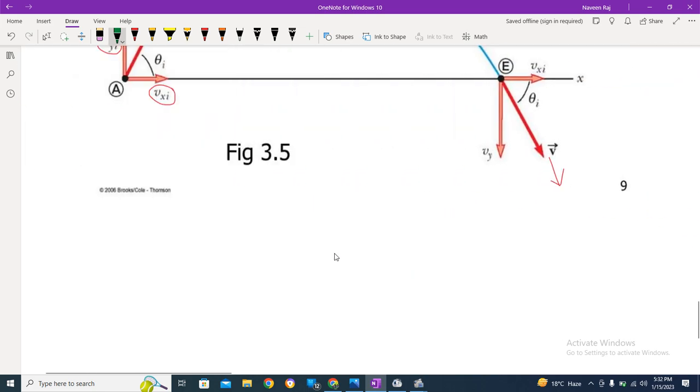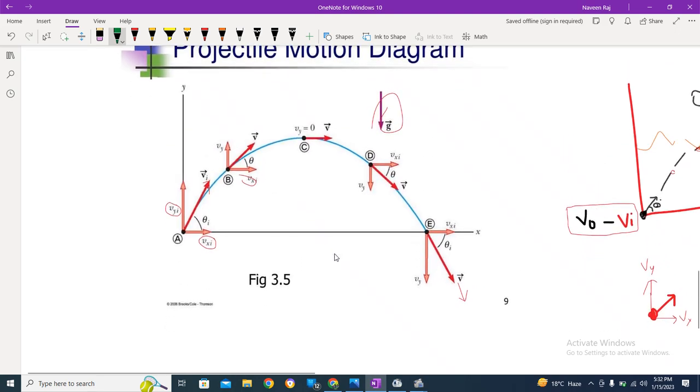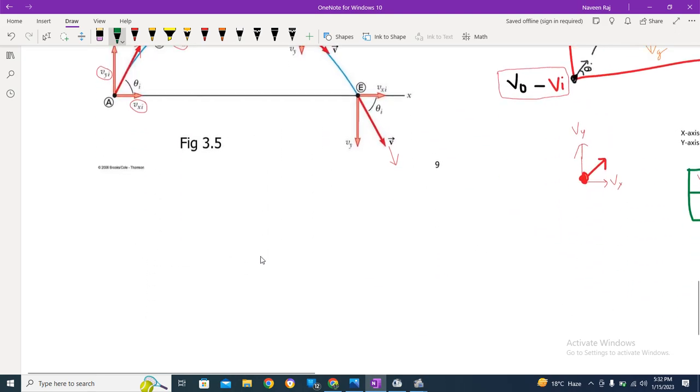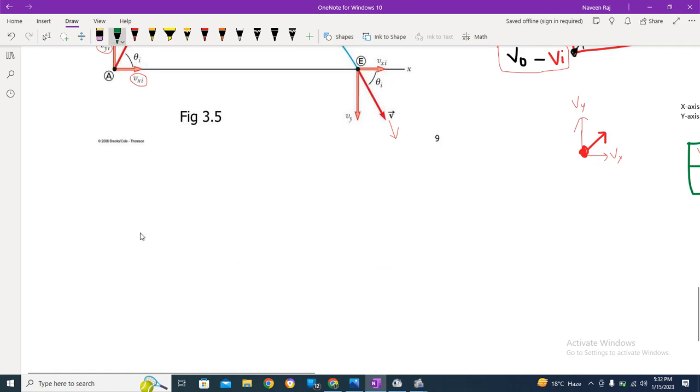Probably taking the help of this diagram over here, let me write it over here. First of all, we are looking towards the horizontal motion. Horizontal motion. And furthermore, in horizontal motion we will be discussing